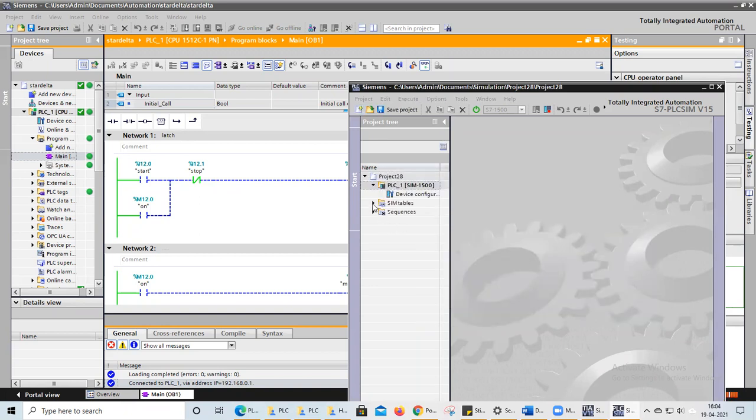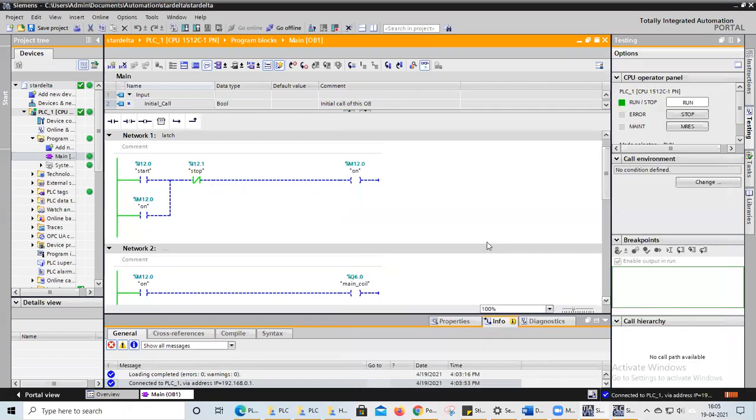Okay. Go for the sim tables. Disconnecting to PLC.